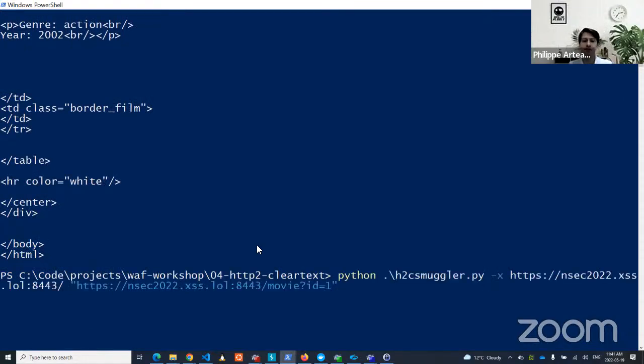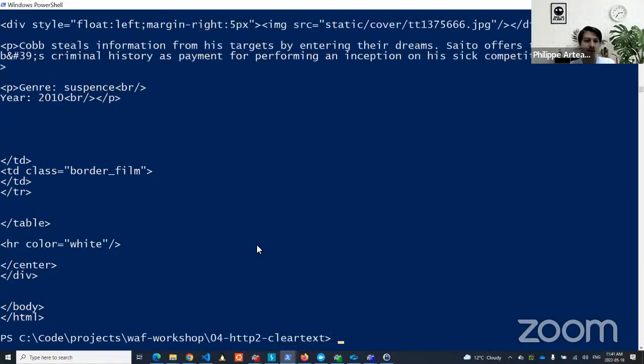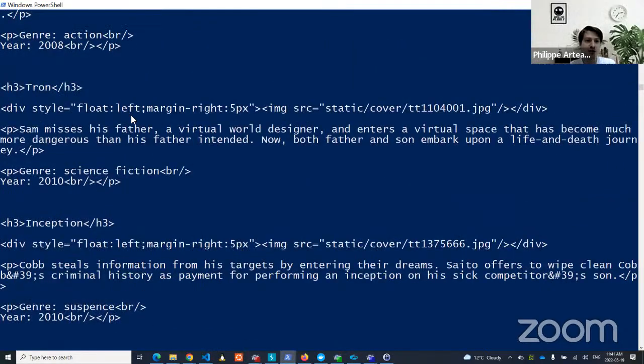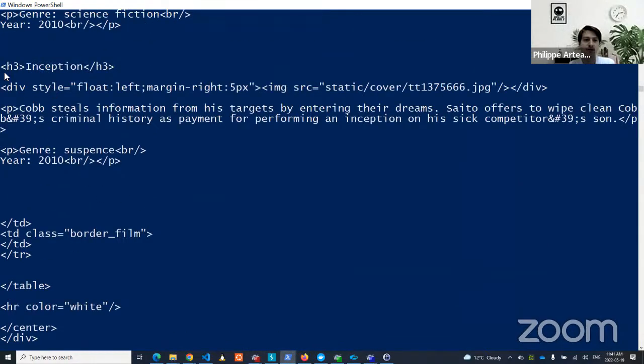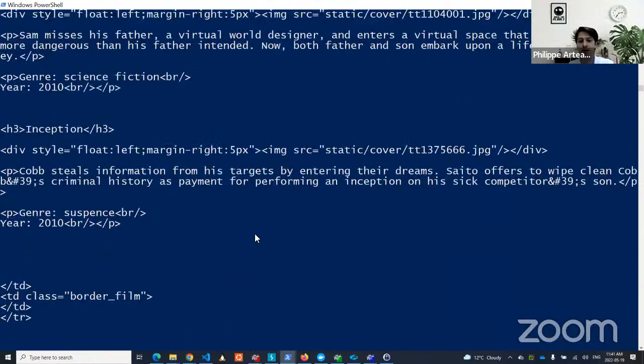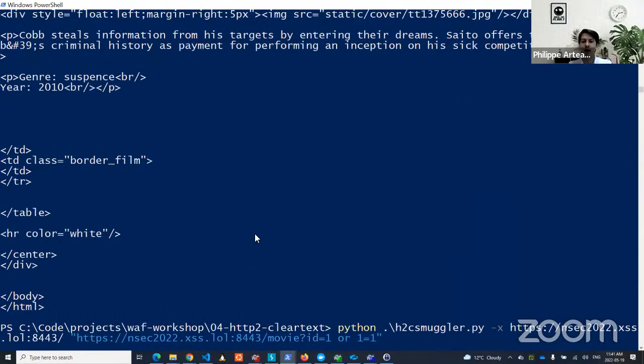So just a proof of concept. And then if we are adding OR 1=1, then suddenly we get all the movie descriptions in this detail page. So Inception, from everything. So if we want to do